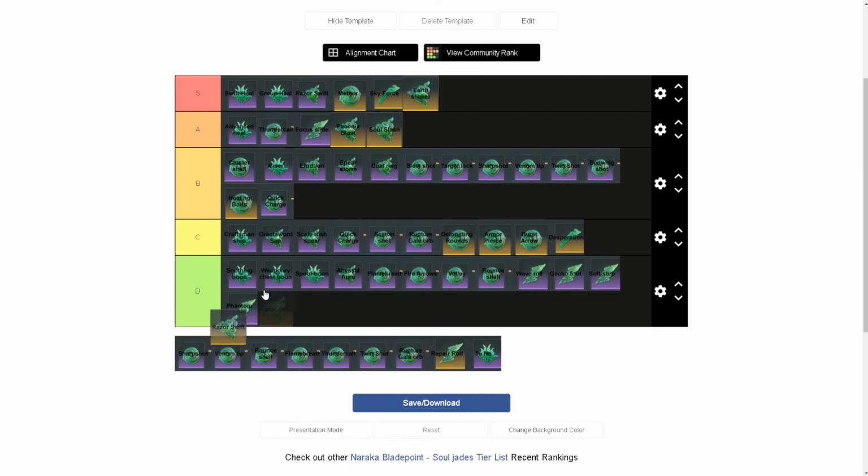Repair Roll is a D for me because when I'm repairing, I never really need to roll, and if I'm taking a Soul Jade, I want it to help me in a fight. I just don't think this helps me win fights at all. Sharp Shot is not bad for what it is. Sharp Shot, so as you can see, I kind of messed up here, but we're just gonna finish it with